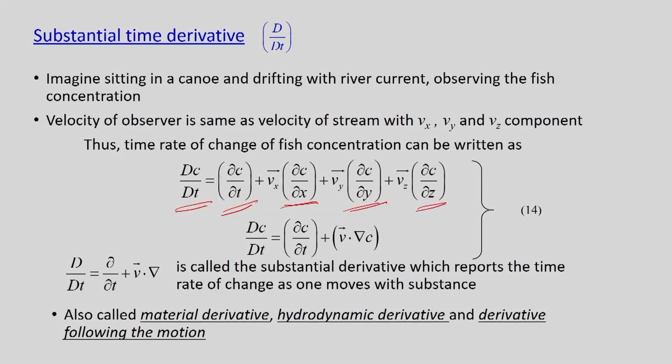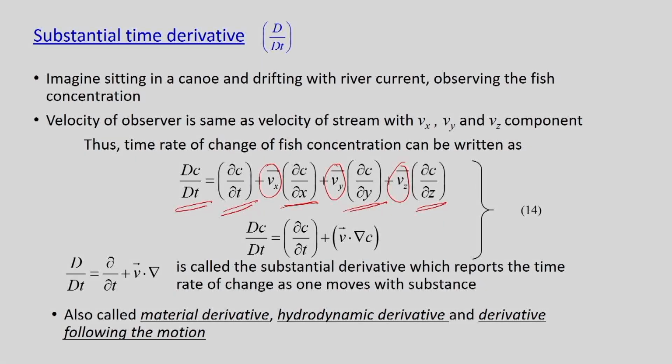Why better? Because this Vx, Vy and Vz are the velocity components of the canal, which is the same as the river stream velocity component. So, this is giving a better representation of the fish concentration in the river. Since here we are moving with the substance, that is the reason this derivative is given the name